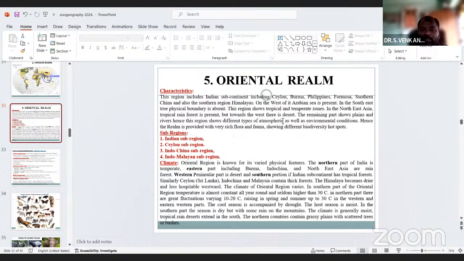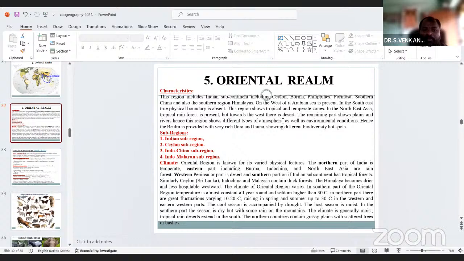In the southeast, true physical boundaries are absent. The region shows tropical and temperate zones in northeast Asia. Tropical rainforest is present, but towards the west there is desert. The remaining part shows plains and rivers. Hence this region shows different types of atmospheric as well as environmental conditions.